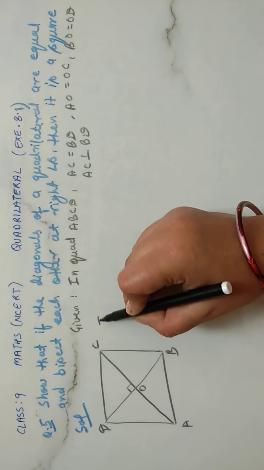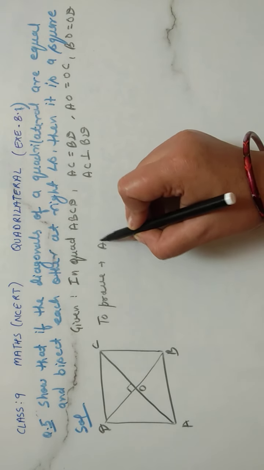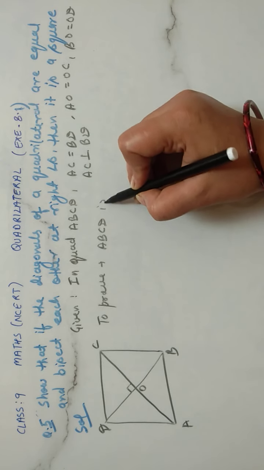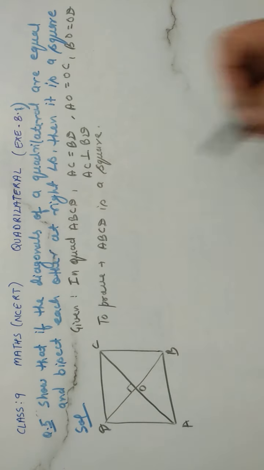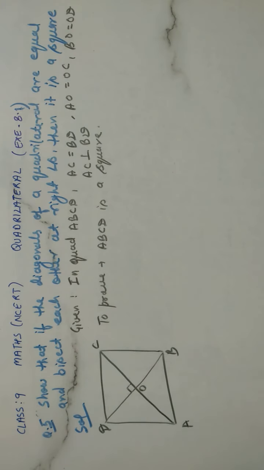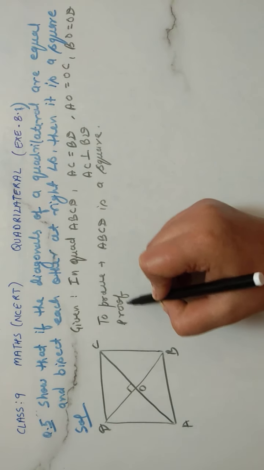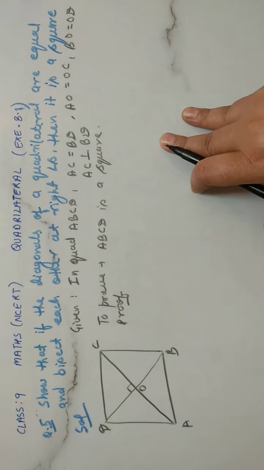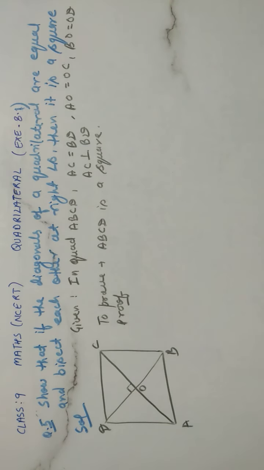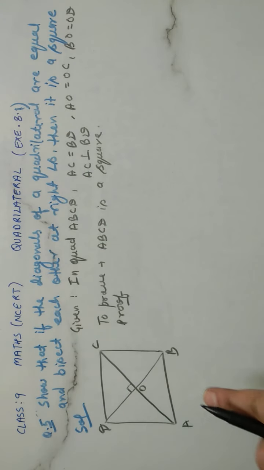And just see what we need to prove. We need to prove that ABCD is a square, meaning all sides are equal and all angles are 90 degrees. So first of all we need to prove that this is a parallelogram. Just see how we will prove it. If it were given that it is a parallelogram, then we could directly prove it. But if it is given that it is a quadrilateral, in that case